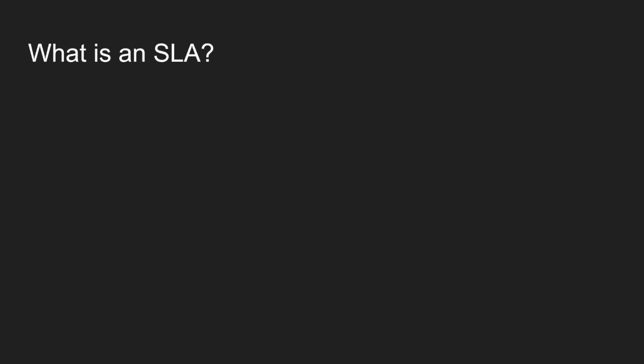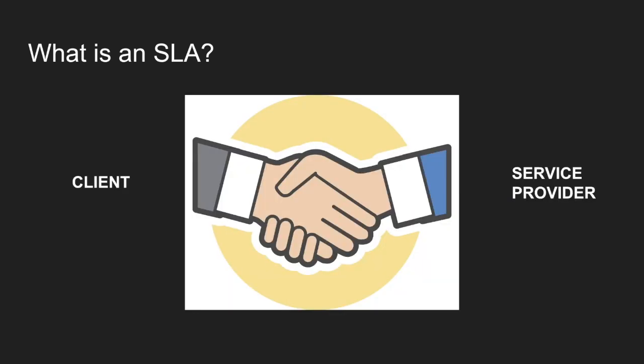According to ITIL, a service level agreement is an agreement between an IT service provider and a customer. The SLA describes the IT service, documents service level targets, and specifies the responsibilities of the IT service provider and the customer. A single SLA may cover multiple IT services or multiple customers. To put it a little more simply, an SLA defines what both the IT service provider and the customer should expect when contracting for a service.